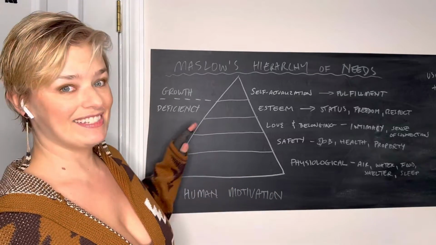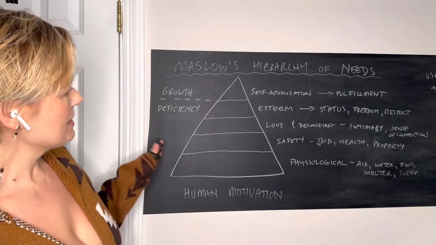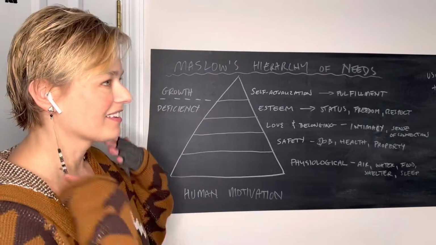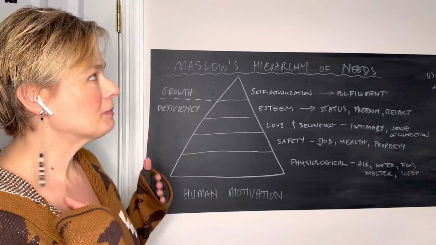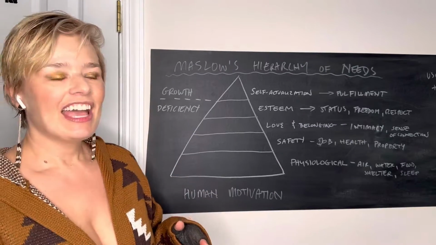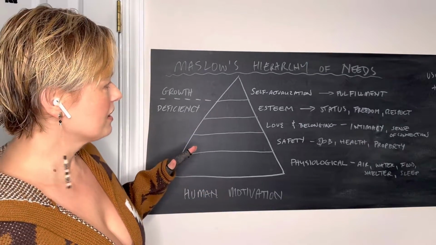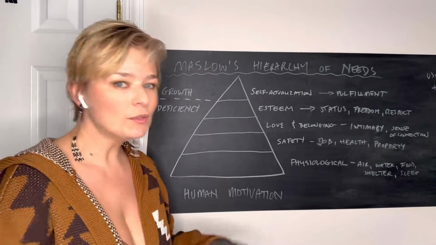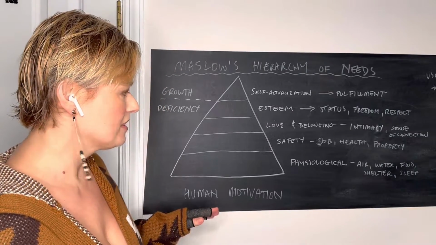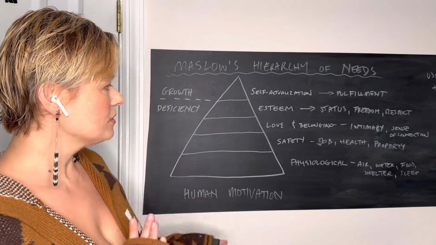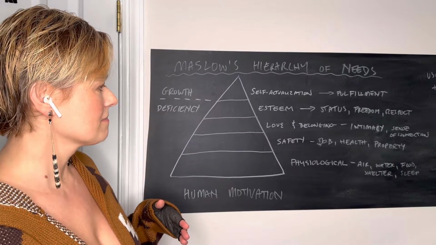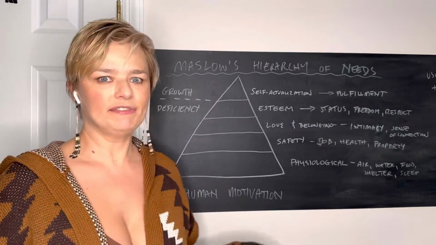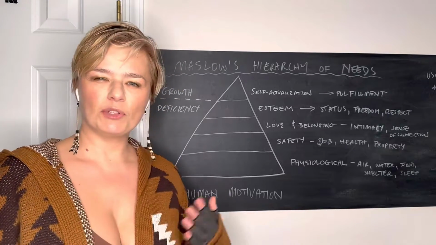So, what is this guy? Maslow's hierarchy of needs is part of the theory of human motivation. I can't say that word very well. Human motivation. Okay. It's this framework that Mr. Maslow developed. It has many, many flaws, which you can Google yourself. I'm not going to go into that because, again, I'm not an expert. But it's a nice way to think about how the stuff that we need in life to function as humans relates to each other.